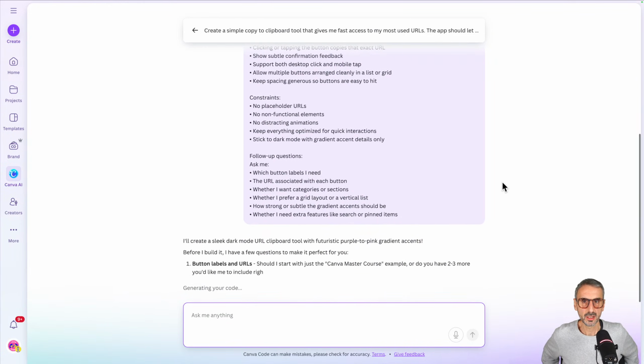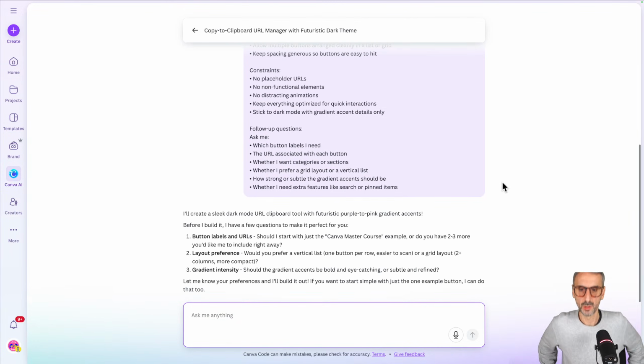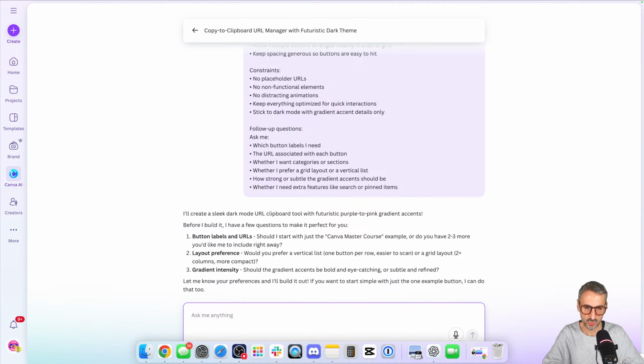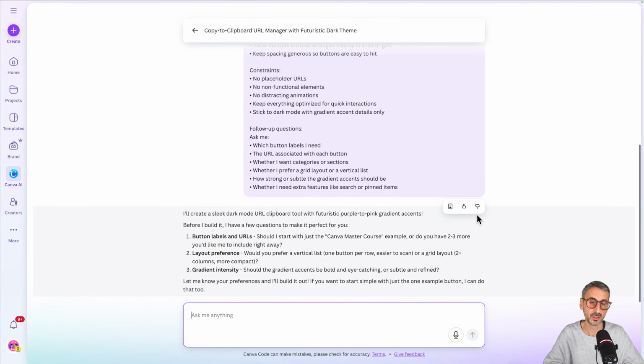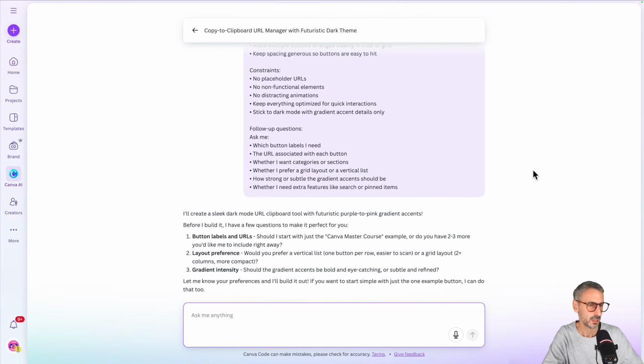to be pretty close to what I imagined, because this prompt was super well structured. It's very close to the templates that they gave us as examples. So this should already give me something good. All right, so what I have here is the questions, the follow-up questions. Before I build it, I have a few questions to make it perfect for you. Button labels and URL. Should I start with just Canva Master Course example, or do you have 2 or 3